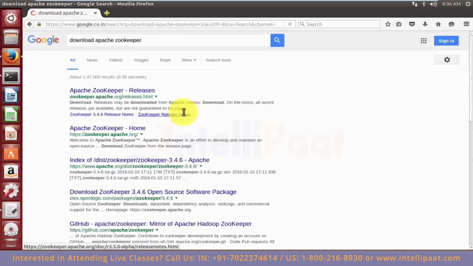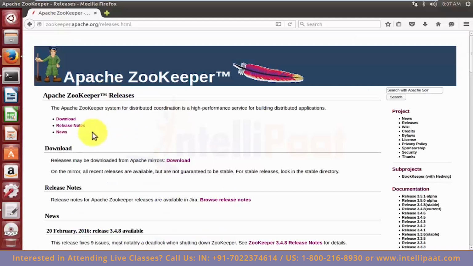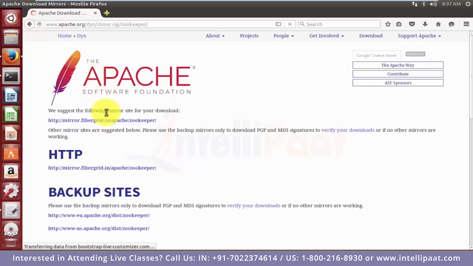download Apache Zookeeper. So we have this zookeeper.apache.org and release. The website should give us the link for downloading it. Click on download and it is again giving us the link to Apache Mirrors. Following the links, we should be good to go ahead and access one of the Apache Mirror having the Zookeeper